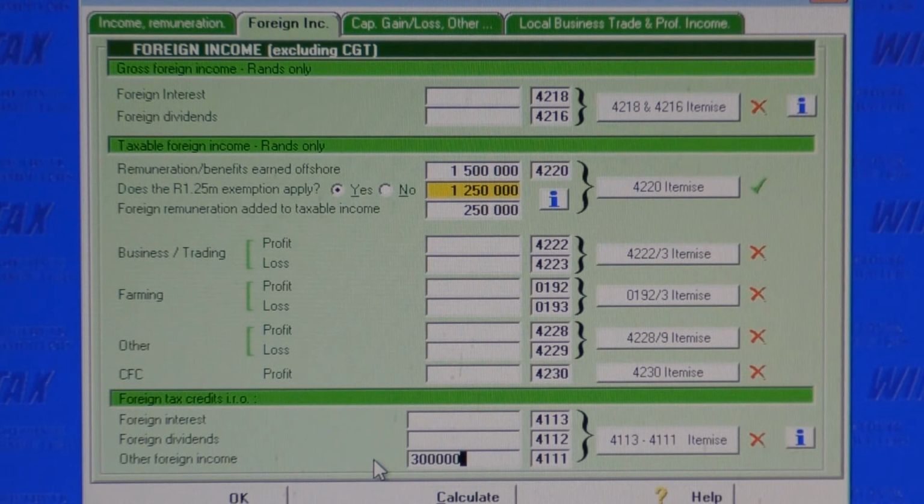If any income tax was deducted in the foreign country from the 1.5 million remuneration you earned in that country, then you can enter that tax under code 4111. Let's say 300,000 in tax was deducted in the foreign country. WinTax will use SARS's 6-quat formula to calculate how much of that foreign tax you will be allowed as a tax credit. For example,